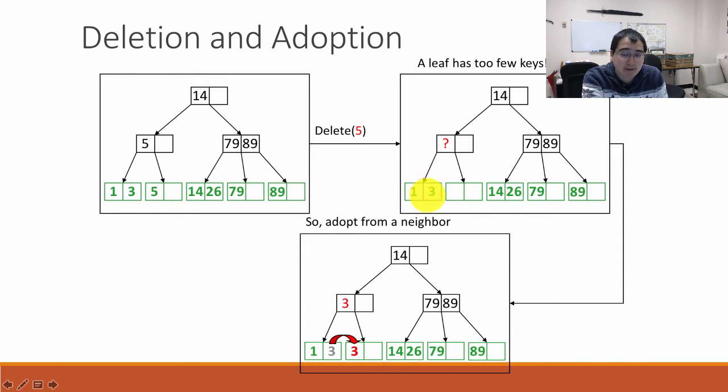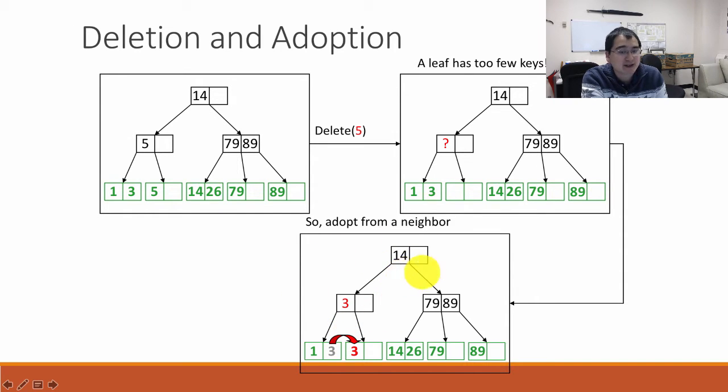So in this neighbor right here, this 1, 3, this is a full node, and it can afford to give up one of its keys, and it would still be okay because it's still at least half full. It's okay to give up this 3 to this node. So if we move the 3 from here to here, we can update this internal node to say, hey, the smallest thing to the right of this is now a 3. Now we have a perfectly acceptable balanced B-tree again, where each of the nodes is at least half full